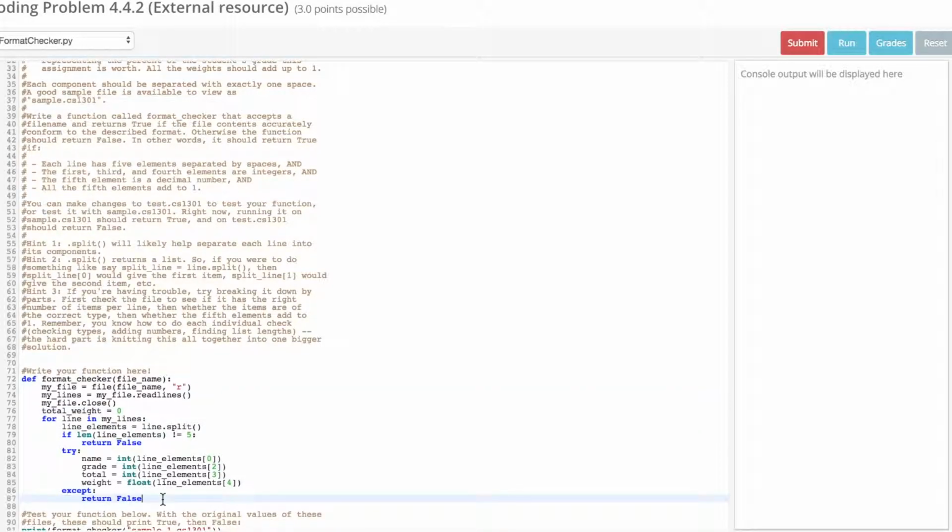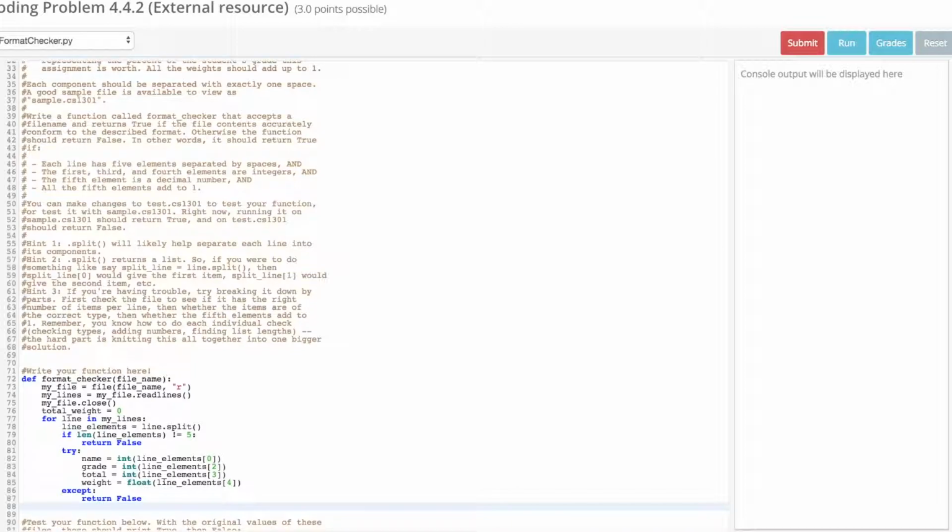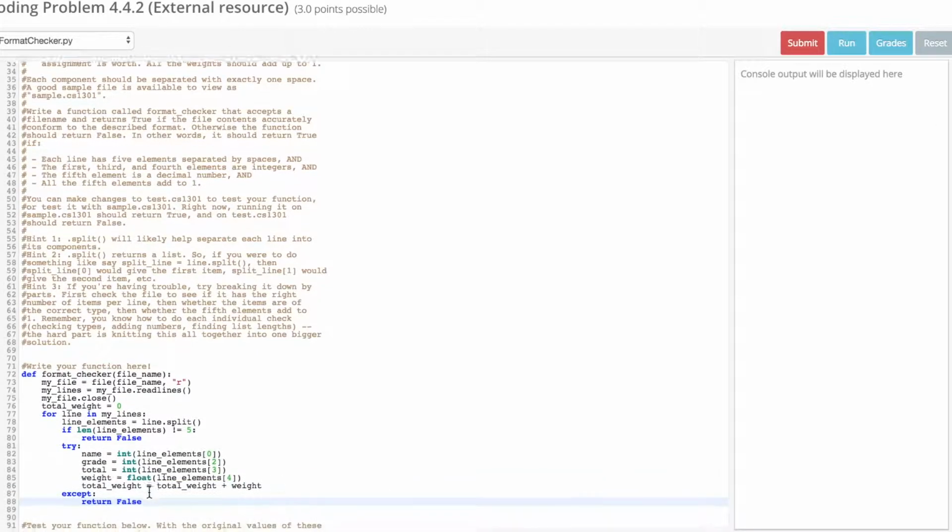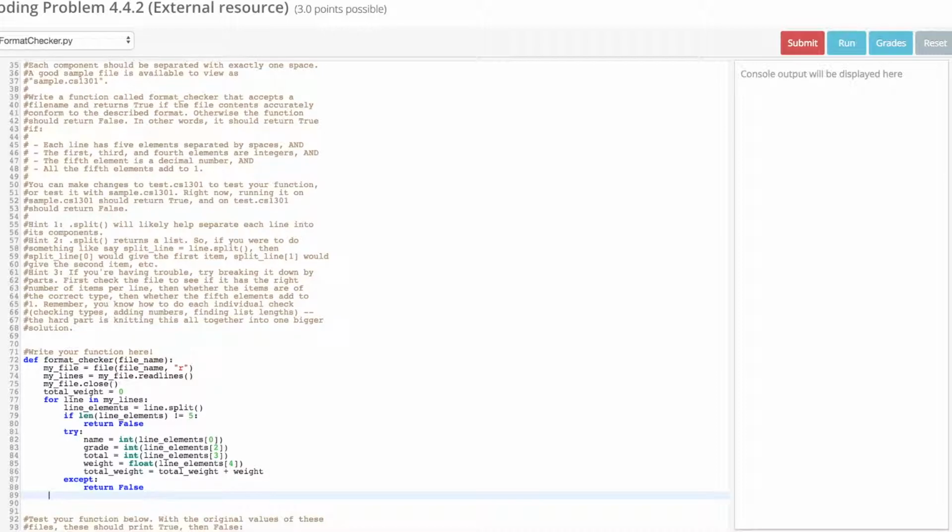And now we're going to have to keep track of a running count of the weight that we have summed up so far. So we're simply going to do total weight is equal to total weight plus weight. So here we're simply keeping track of whatever the total weight is up to the point. And now, after the for loop has finished executing, is when we're going to check whether or not total weight